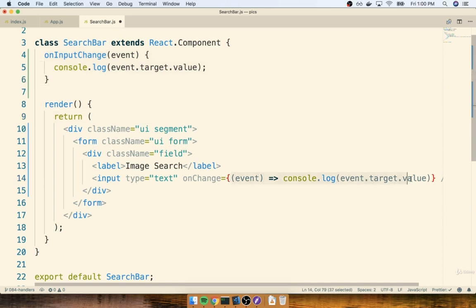Now, when you use an arrow function to pass a callback to an event handler like so, very frequently, just to further abbreviate this line, you will see the event object right here abbreviated as simply E, like so. And then over here inside the console log, we no longer have an event variable. We would now refer to it as E. So like I said, we very frequently do that just to slightly condense this line.